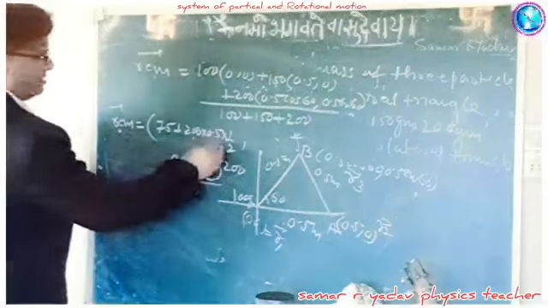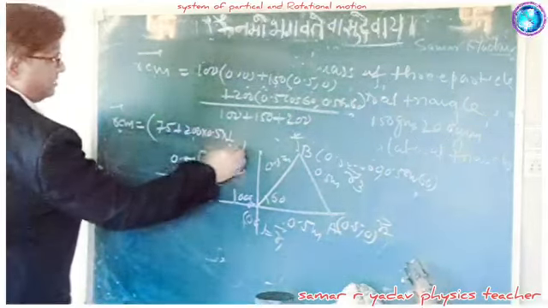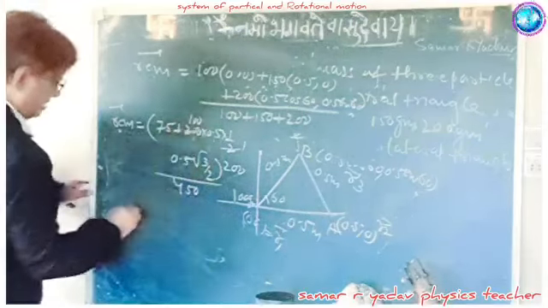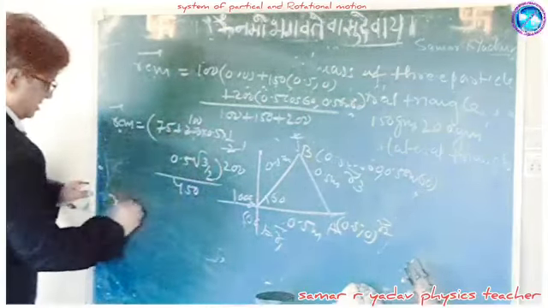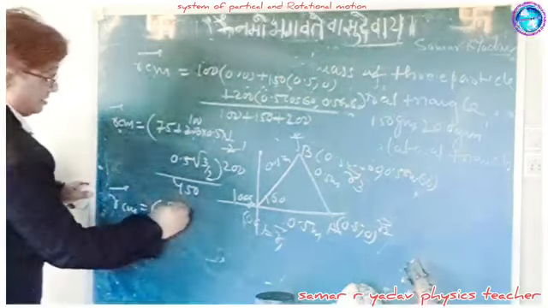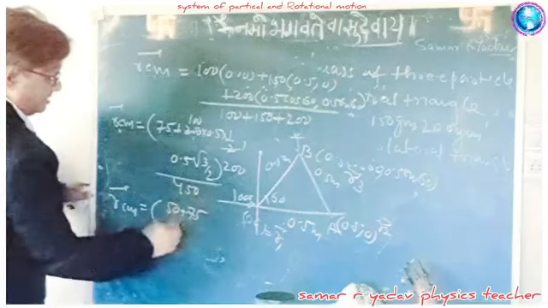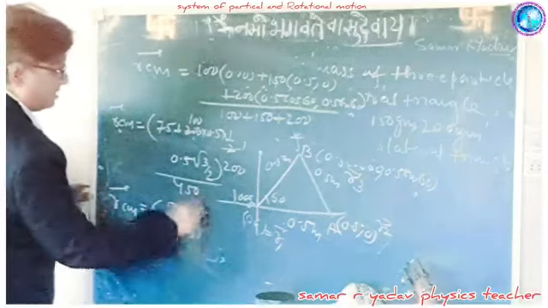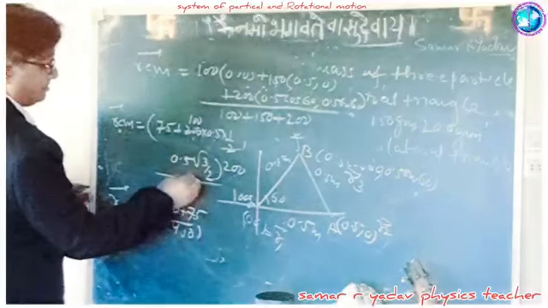Now simplifying, that will be cancelled by 100. So finally we get 50. So R_CM is equal to 50 plus 75 divided by 450, comma,